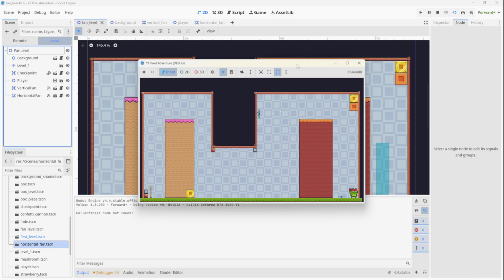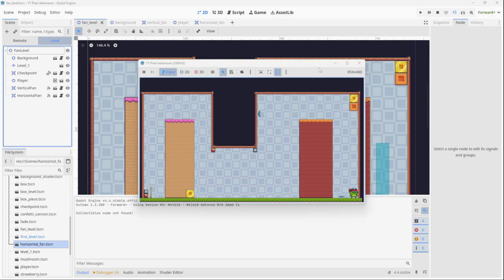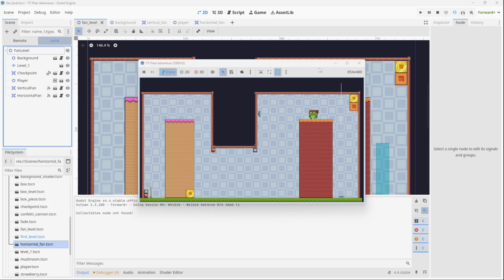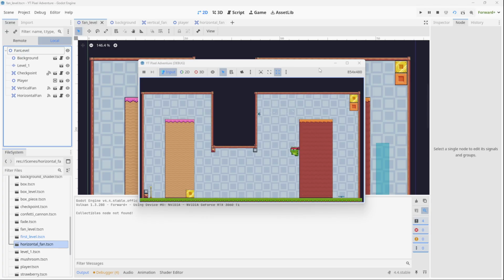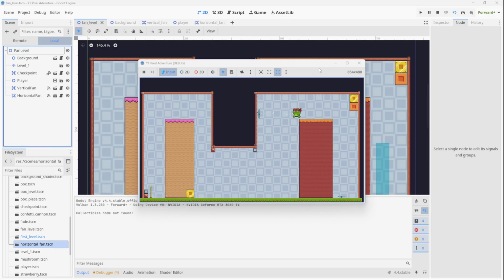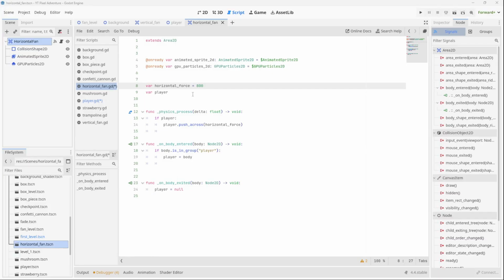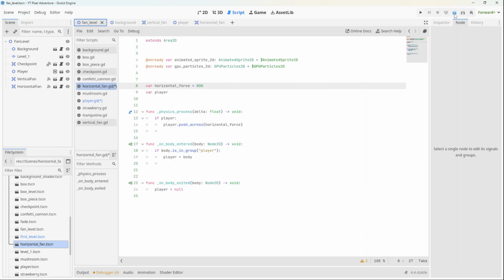So if we now go up, it's not acting on the player currently there, so we'll have to debug it and see why. After doing a bit of debugging, I found that if I make the horizontal force large, like 800, and I run the fan level,